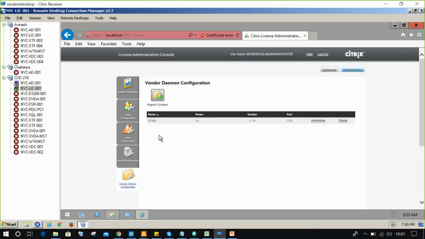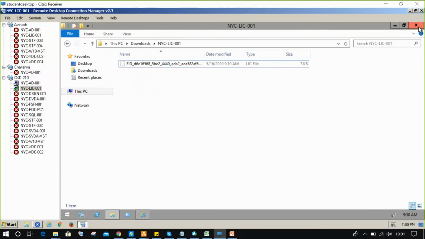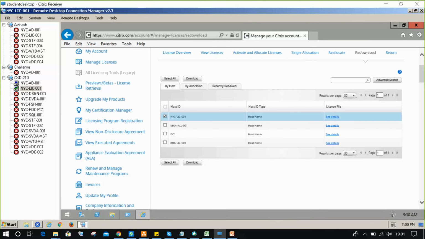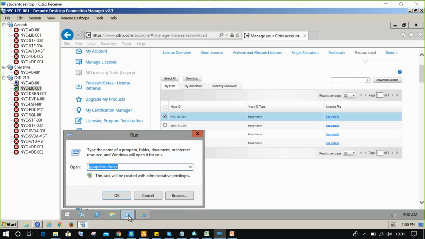But still, are you able to see the license file here? Are you able to see the license file in this vendor daemon configuration window? No, right? So how can you troubleshoot this issue? Very simple. Close the browser. Go to Run. Type services.msc